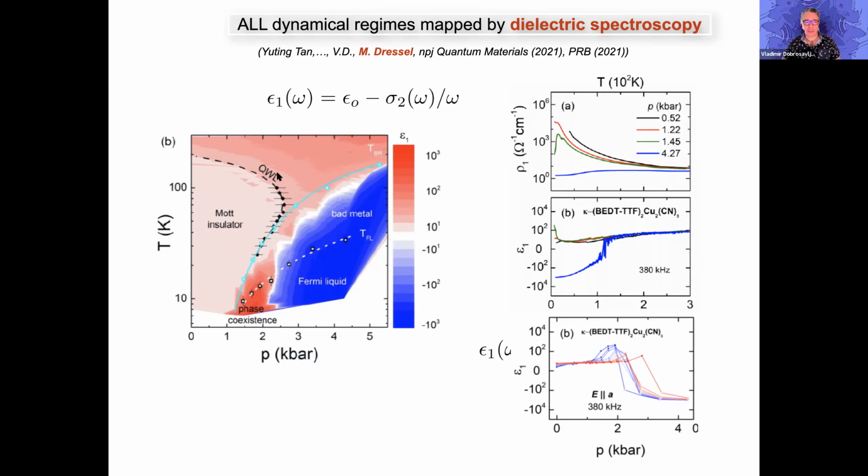So this color-coded phase diagram shows the dielectric constant epsilon1, the real part of the electric response, across the phase diagram. In the Mott insulator, the dielectric constant is of order 5 to 10, very small, as in any insulator, positive and small. It's slightly larger here at high temperatures, probably because there are some other degrees of freedom in these systems, but it is a small effect.